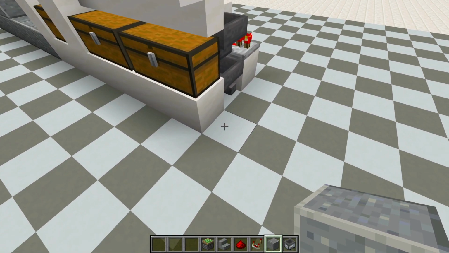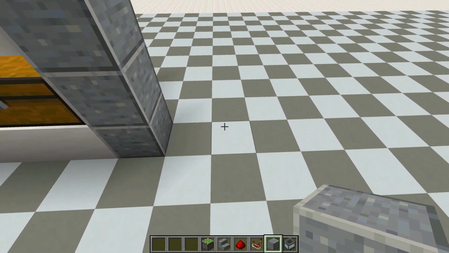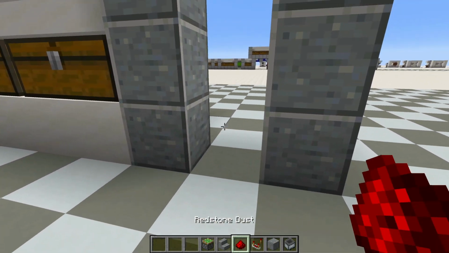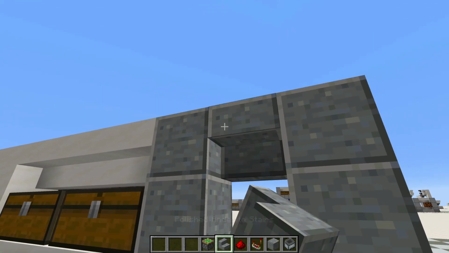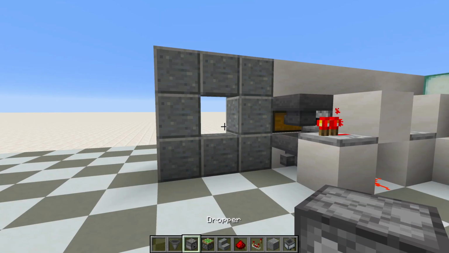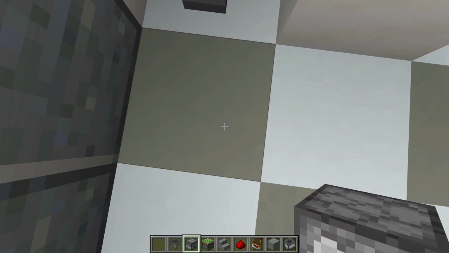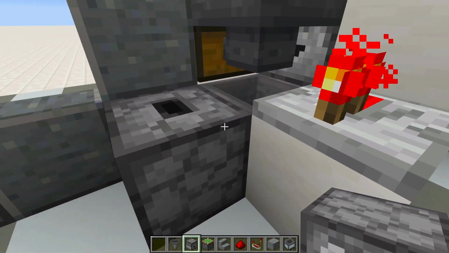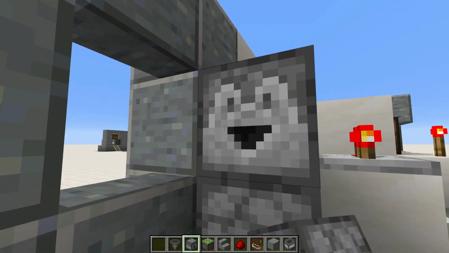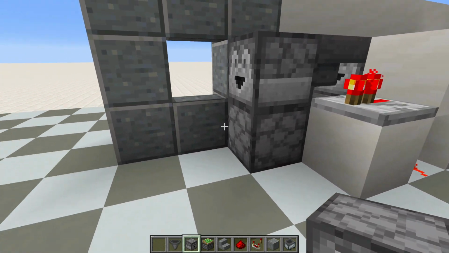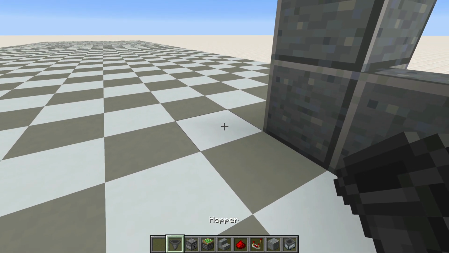So just build up at the edge of this, 3 blocks like that, then go over 2 and build up 3 more, and in between these blocks at the top and bottom we're going to place in 2 stairs. And next for our hoppers and droppers, we place one facing upwards with this hopper pointing into it, and then one facing towards kind of this little window, and now we have 3 hoppers, so place down a temporary block